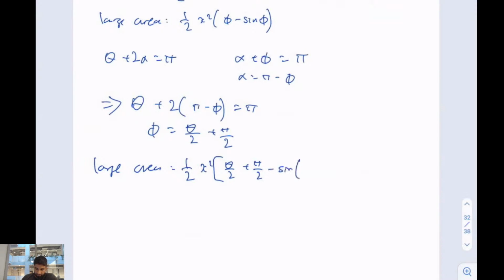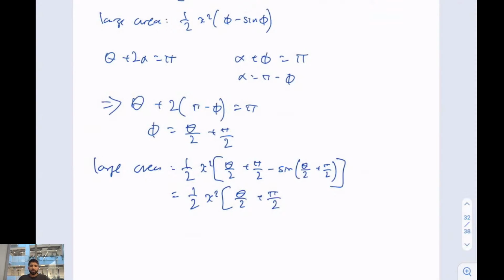Again, instead of phi, I'm going to write theta over 2 plus pi over 2. So now we have got our expression for the large one. We just need to add the small area to the large area, as well as simplifying this, because you can recognize that